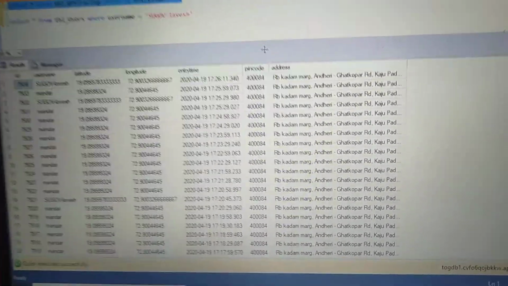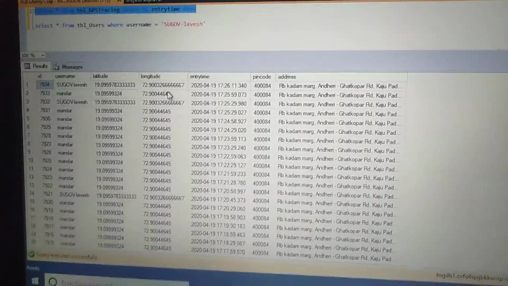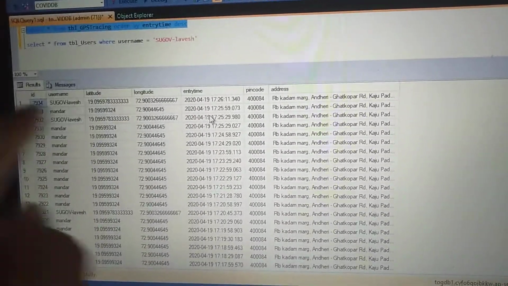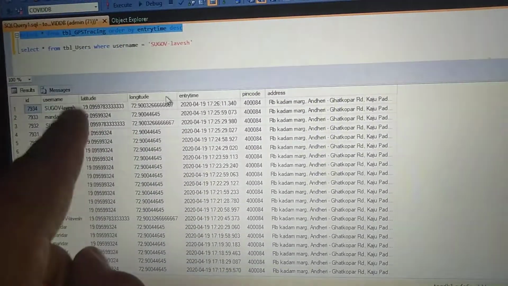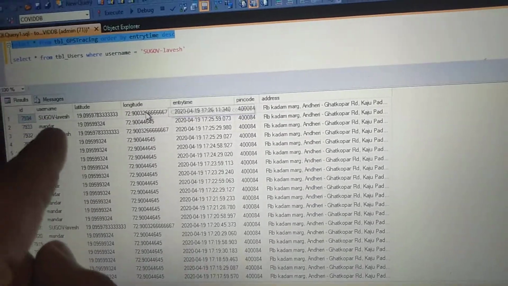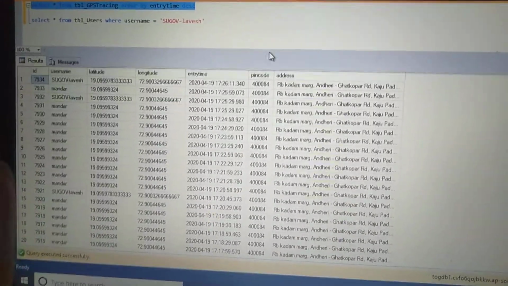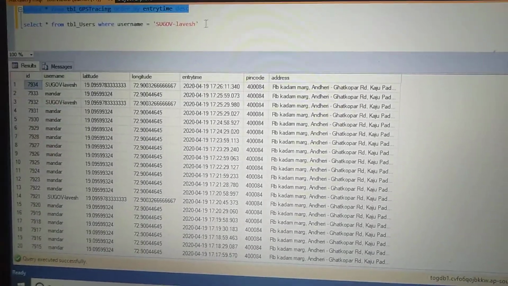For example, Mandar was in contact with Lavesh 4 days back. So we will just filter all these details and get to know that Mandar has met Lavesh. So the government will come to know who all people have met Mandar, so that they can either quarantine or test them.